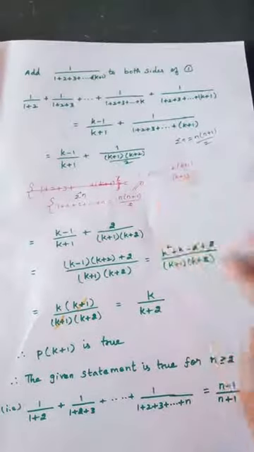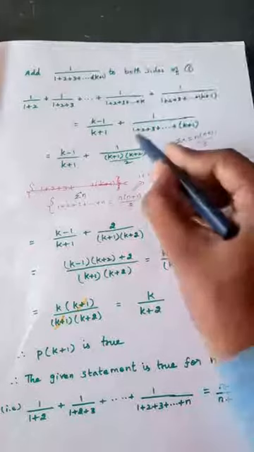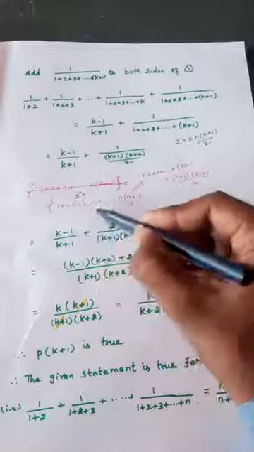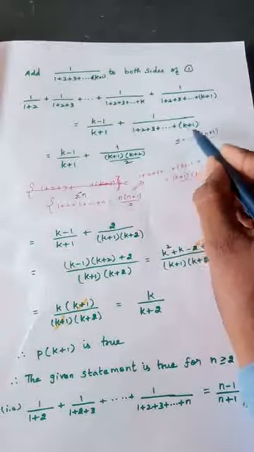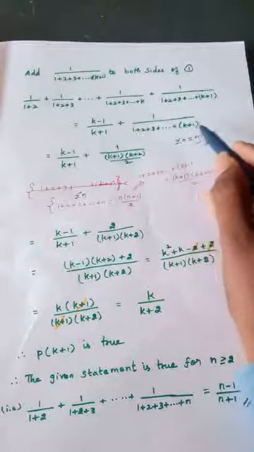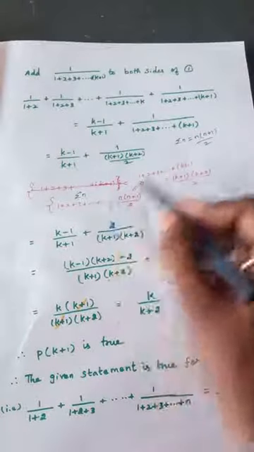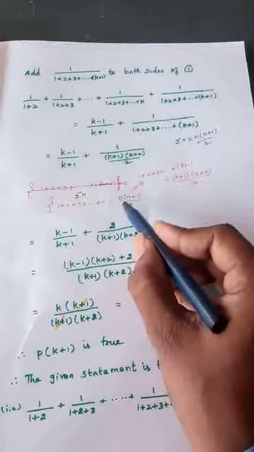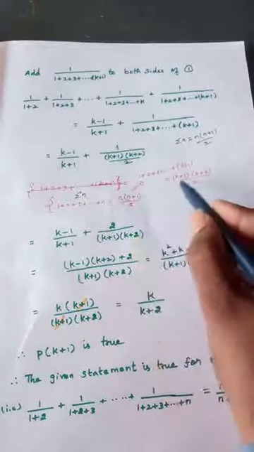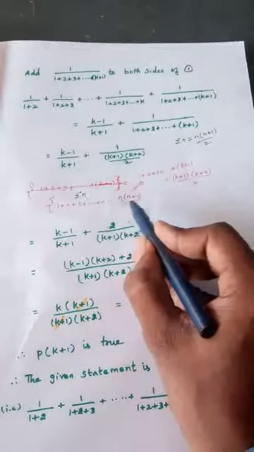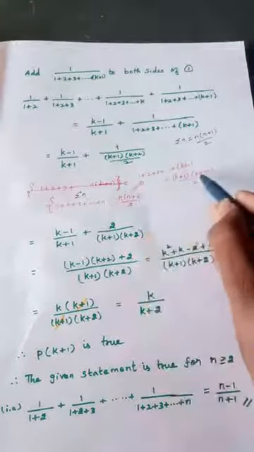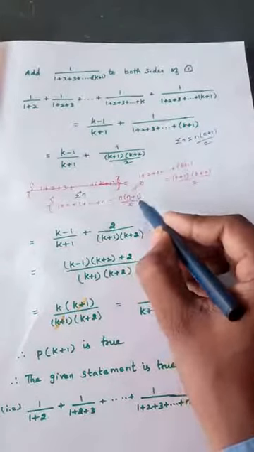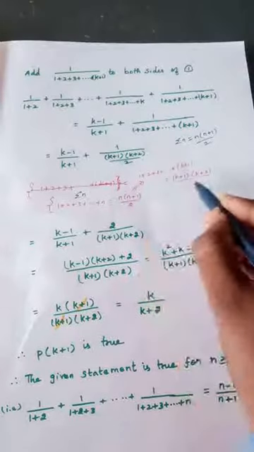Now similarly, if you see carefully, this is also in the same manner. It starts from 1, 1 plus 2 plus 3 plus etcetera, but in that the last term is n, here the last term is k plus 1. So what should I do? If it is k plus 1 here, then in this formula, in place of n I should write k plus 1, and in place of n plus 1, I should write k plus 2. Why? Because n is replaced by k plus 1. So it is k plus 2 by 2.